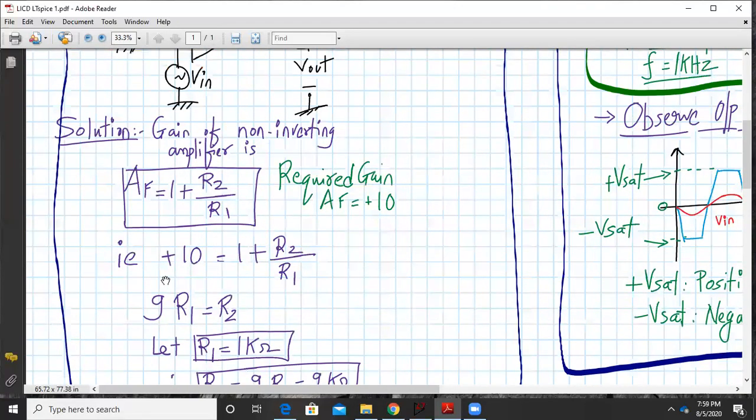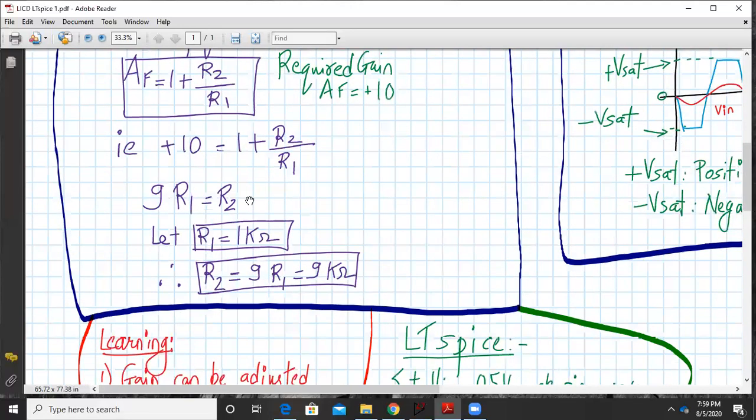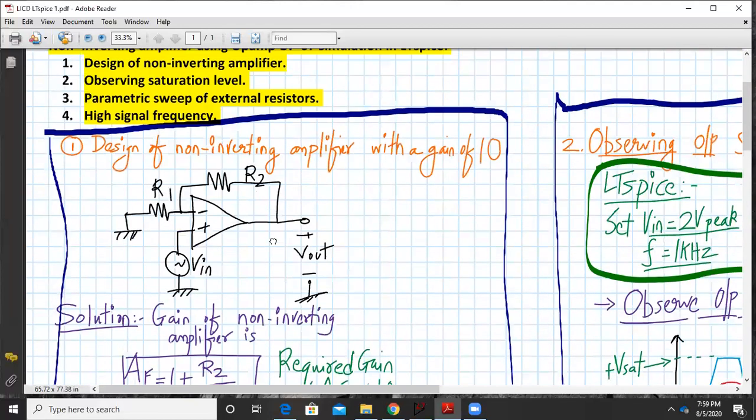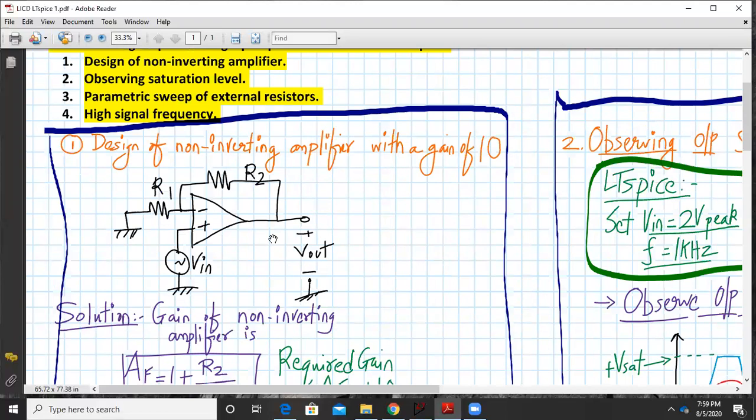So we can easily write 10 equal to 1 plus R2 upon R1. That gives us 9 times R1 is equal to R2. If we substitute R1 is equal to 1 kilo ohm, then we will get R2 is equal to 9 kilo ohm. Okay, so let us start building this circuit in LT Spice quickly.